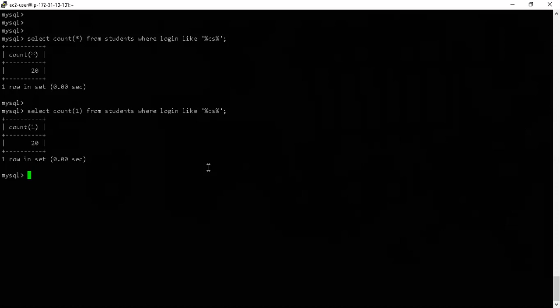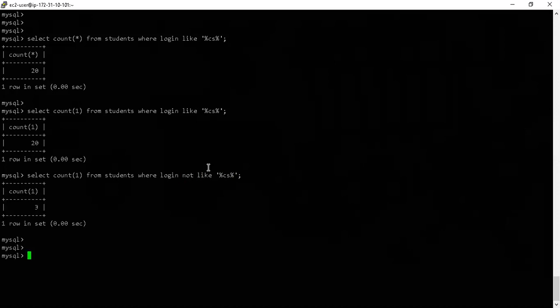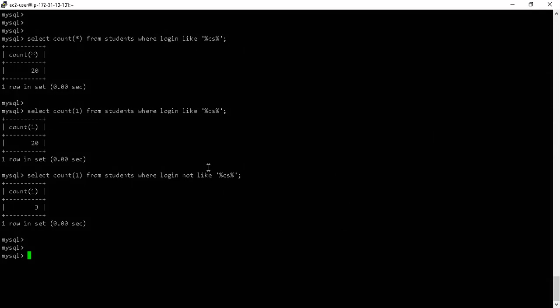There is one quick thing which I wanted to show you. Just like like, you have not like as well. Not like is just the not operator, which we have read in the basics of, let's say, electronics classes and logic gates. So not like is exactly the logical opposite of like, and this is a very important kind of parameter, a very important filter.